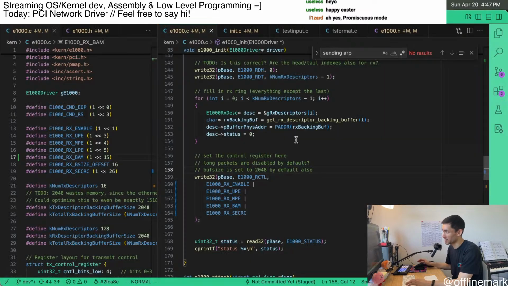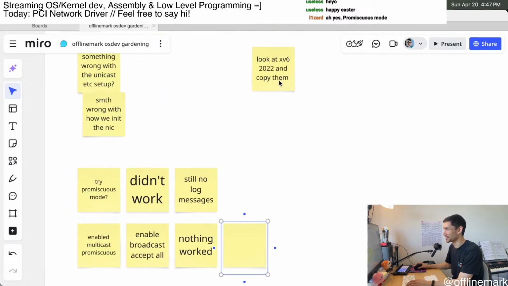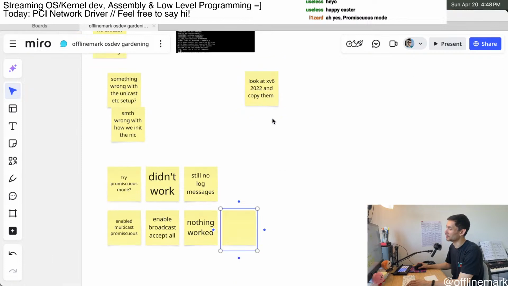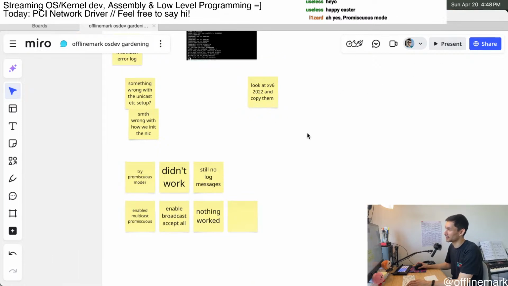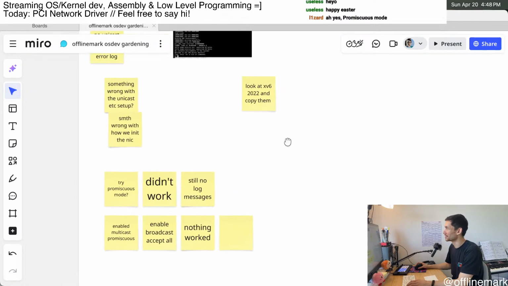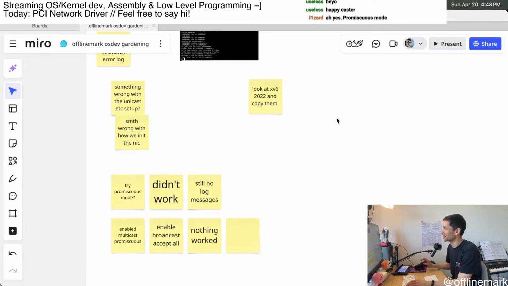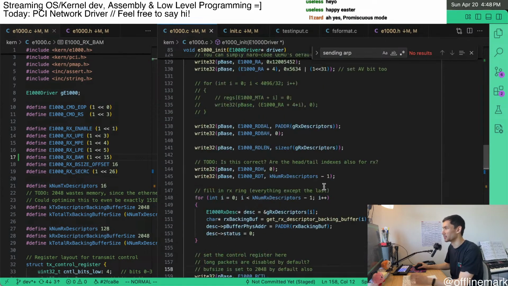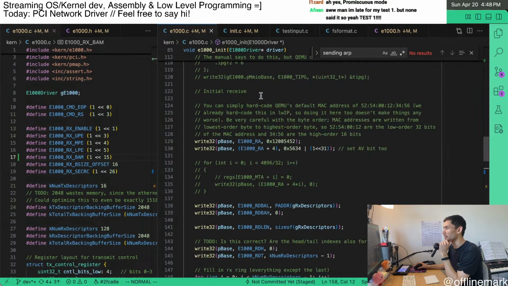So I could always tap out and look at XV6, but I am going to try for 12 more minutes until the hour to see if I can get anything working here. What could I try? I could audit my code here. I mean,